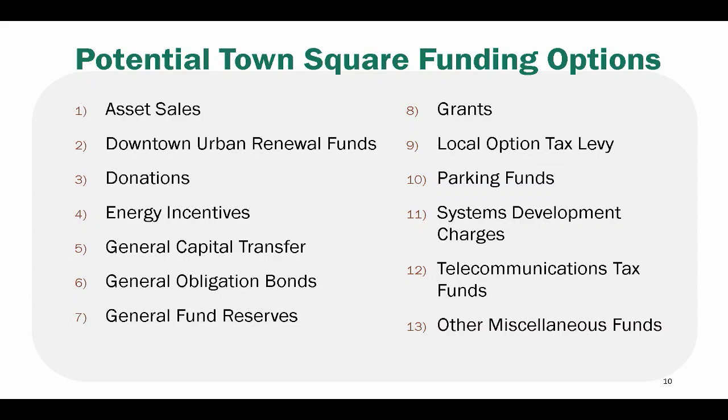The next item on the list is donations. Community members could be asked to provide donations for portions of the project. The amount that could be raised from such an effort is currently unknown, but it's likely not a significant funding source when you look at the funding needed for the overall project. The farmers market or park blocks may have a higher likelihood of achieving donations or naming rights for those portions of the project. And then another one is energy incentives. These would be pursued regardless, where appropriate for parts of the project, so that wouldn't really be enough to address the funding gap or be a significant part of the funding strategy.